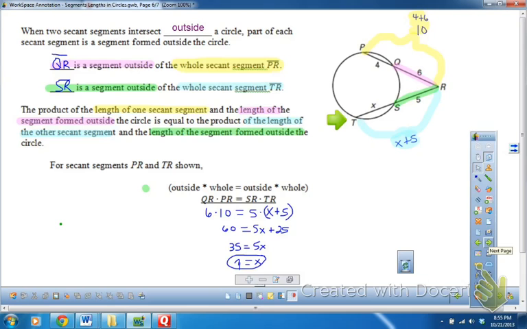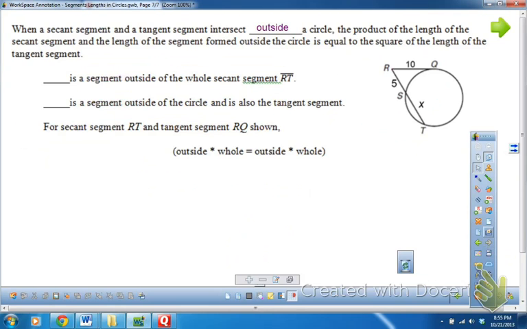And lastly, the next one works very similar to this, except instead of having two secants that are crossing through the circle, one of these is a tangent. You have RQ here that is a tangent to the circle. Now you still have a whole piece,